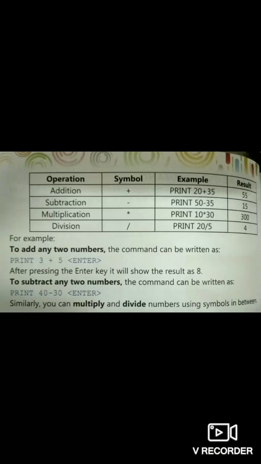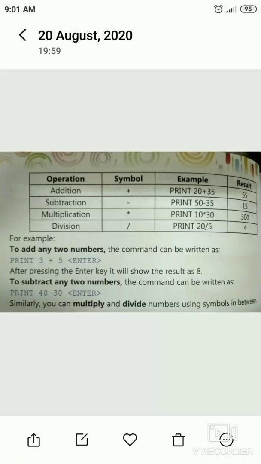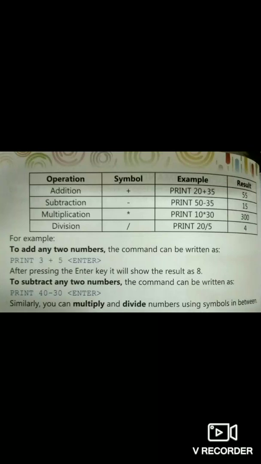Based on this chart, I will also give some questions as your homework, so you have to learn how to do it. See page number 75, the Crack the Code portion, which I will now tell you how to solve. Answers are already given through a PDF file, but before that I am going to tell you one thing: write the command for each of the following. Here is the example, add 20 and 40. It is written there in the book. How to do it? Print 20